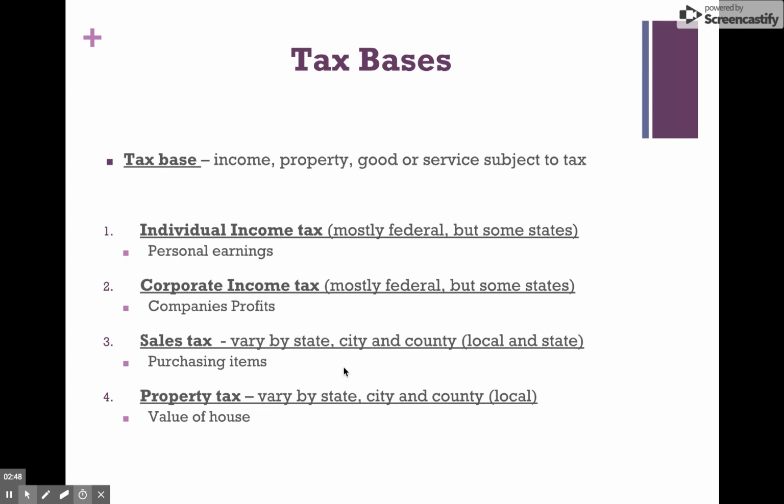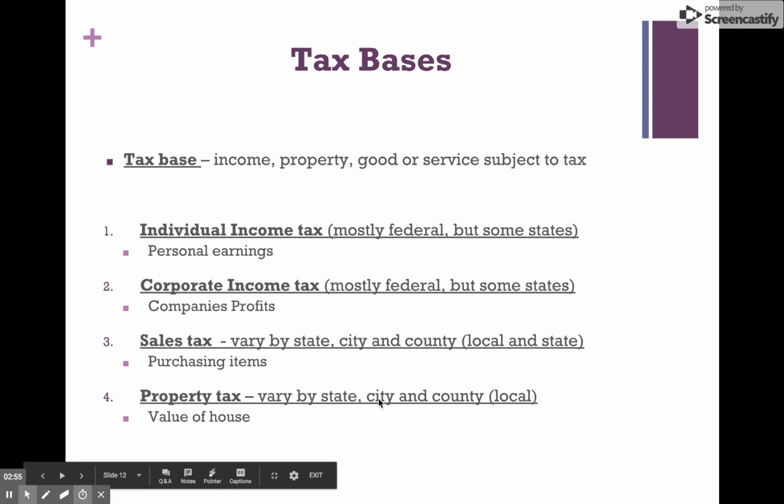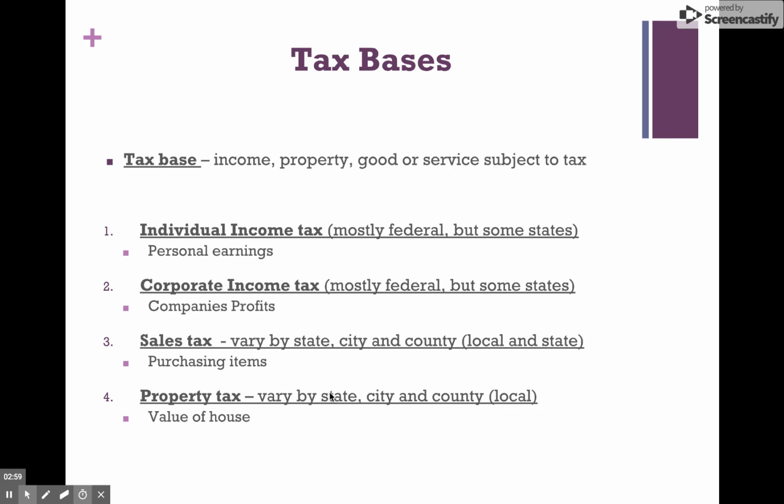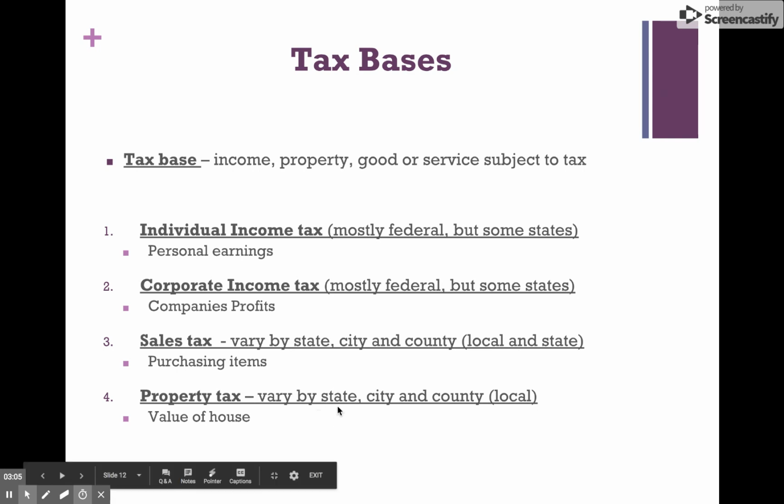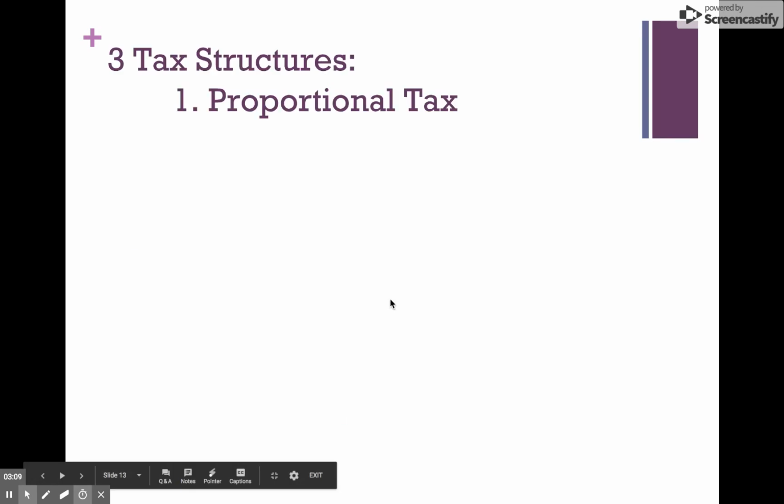And then there's also tax bases of property. So those are going to vary based on where you live. Again, usually the more metropolitan your property is, or where it's located on a lake, let's say, the higher tax it's going to be versus in the middle of nowhere, Minnesota, you're probably paying less in taxes.